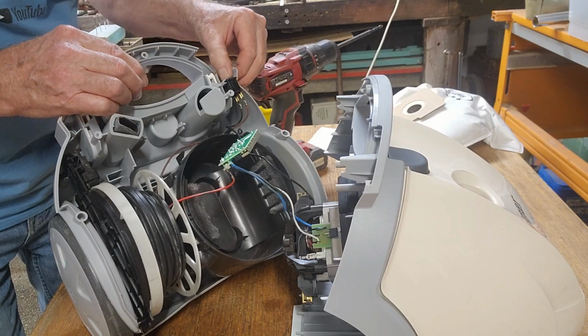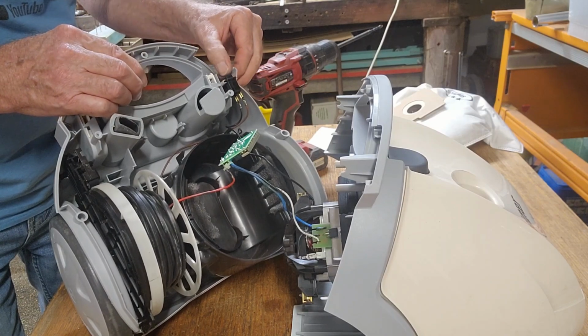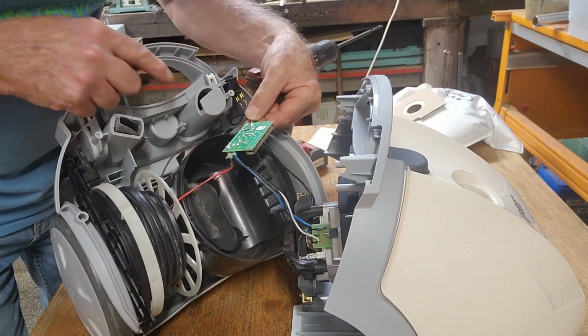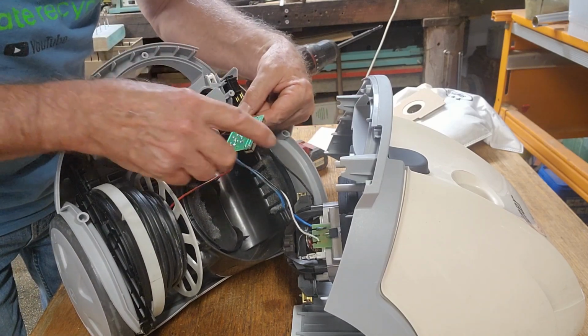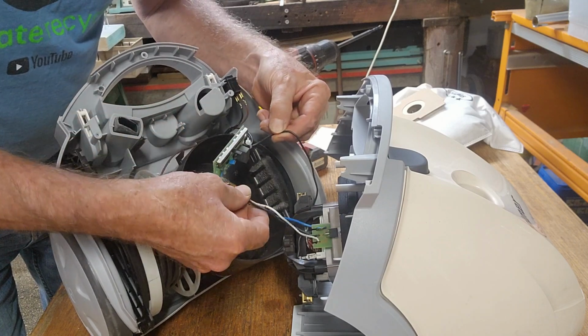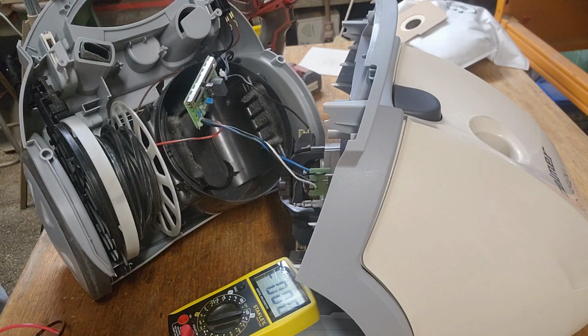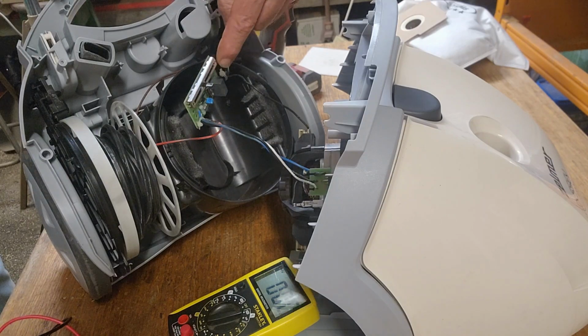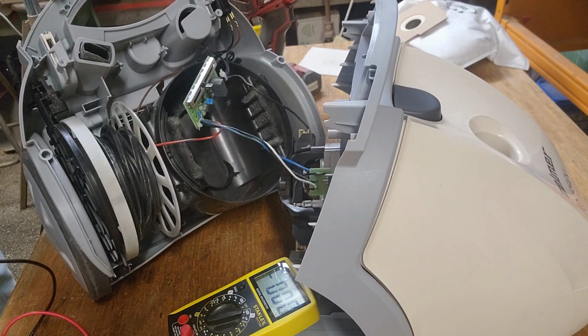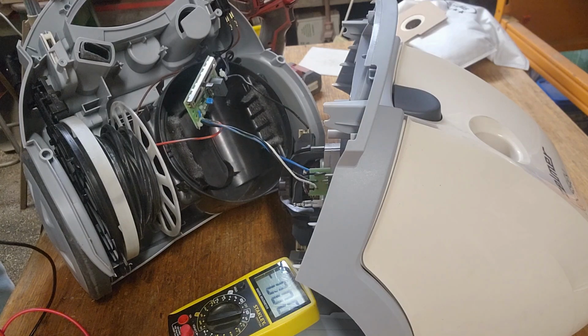Okay, the main switch there seems to operate fine, so I don't think there's any issues there. We have power going out to a socket for the power head, which is an option for this. And then we have the wires going to the motor. Okay, I've just plugged it back in, and I was going to just carefully move the variable speed control to see what it would do, but I can't get it to start now. I've got the main switch here on,